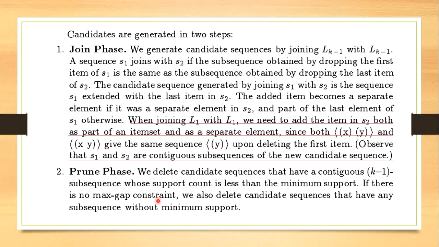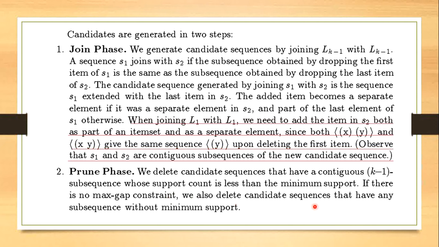We also delete candidate sequences that have any subsequence without minimum support. If we apply constraints, we come with this condition, but if we don't have any constraint, then we just go with